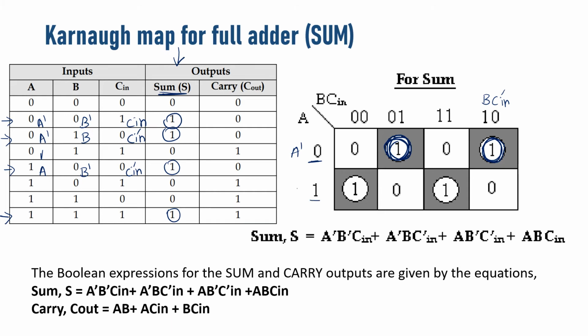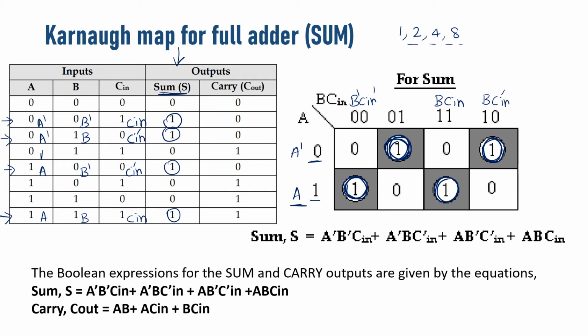Next to that, we are having A, B dash, C in dash. Here this is A, and we are going to take B dash, and C in dash. Sorry, not the other place, it is B dash, C in dash. So we have mapped this. Next to this, here we are having A, B and C in, so this is A, here it is B and C in. We are supposed to map this. As I already told, the grouping of the ones may be 2 or 4 or 8, like that. Let us keep on going.